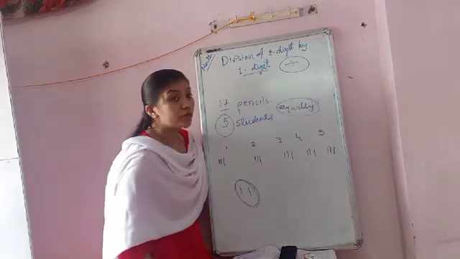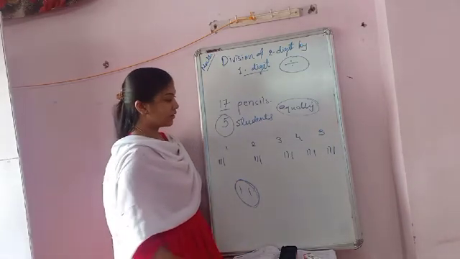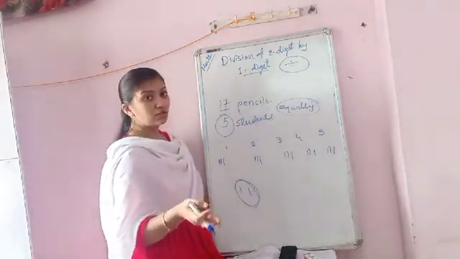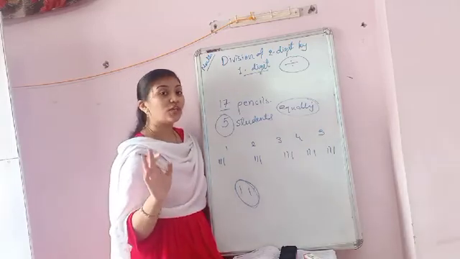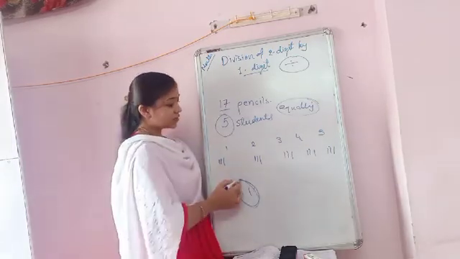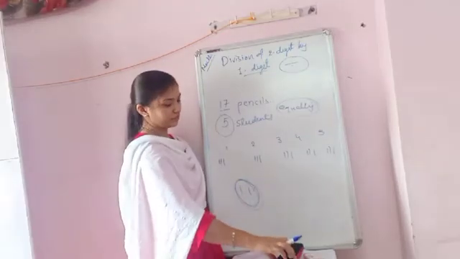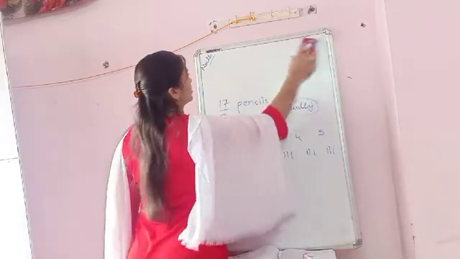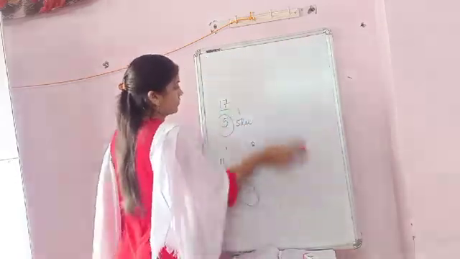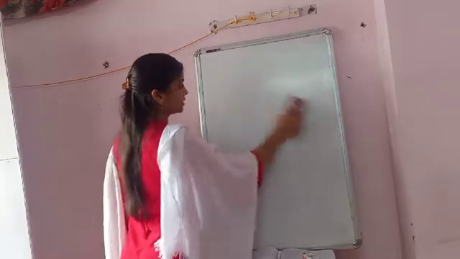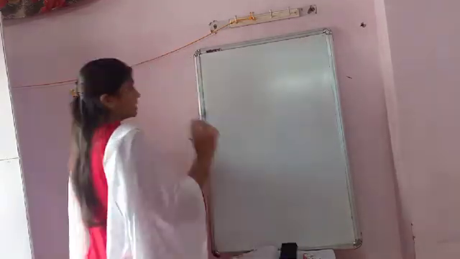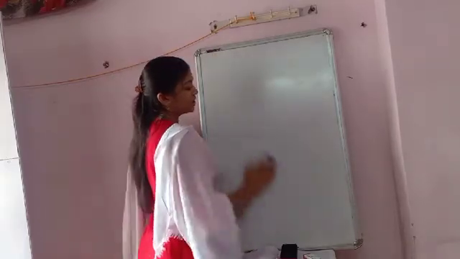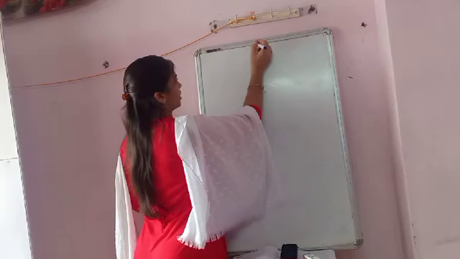So now we are going to learn the concept of the remainder. Whenever you are doing the division, sometimes some of the numbers remain. कुछ नंबर जो होते हैं वो रह जाते हैं, remaining होते हैं. That is called the remainder of the division. Definition is already given in the textbook, you can check them.